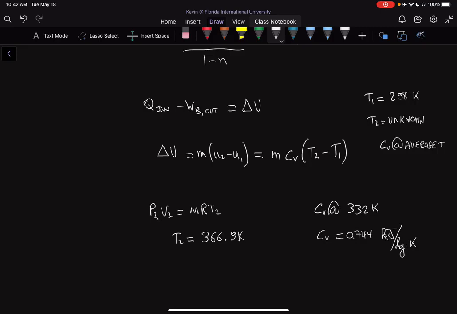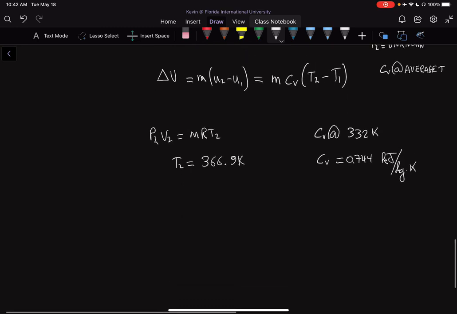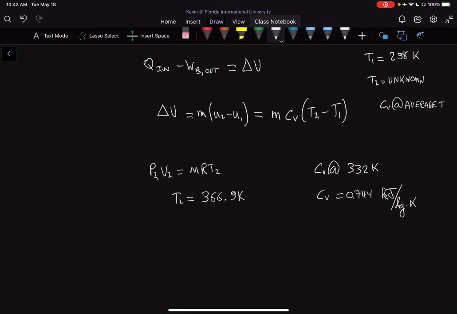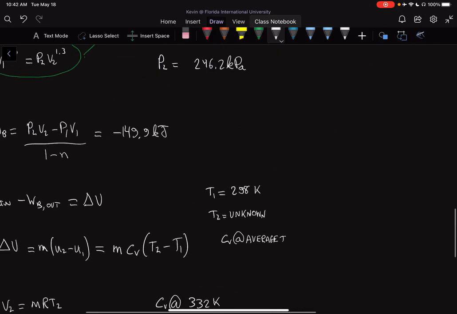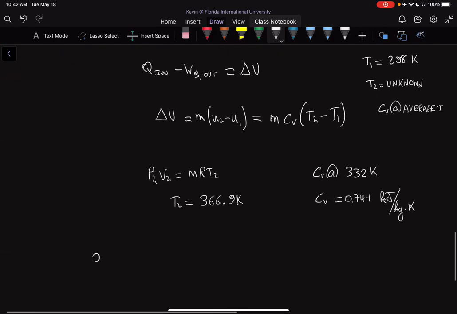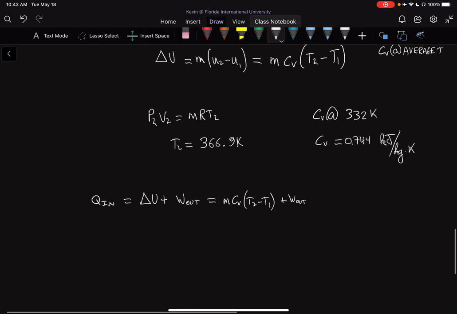And now we can solve for our solution for delta U, essentially. So we have our solution for delta U by the equation. So we can rewrite the equation for the first law. We can rewrite it as Q in is equal to delta U plus work out, and that would be equal to mass times CV T2 minus T1 plus work out, and now it's just about plugging the values in. So we have, this is equal to